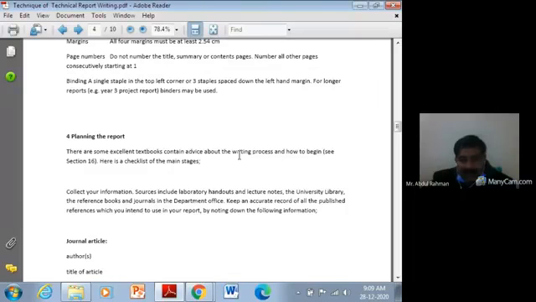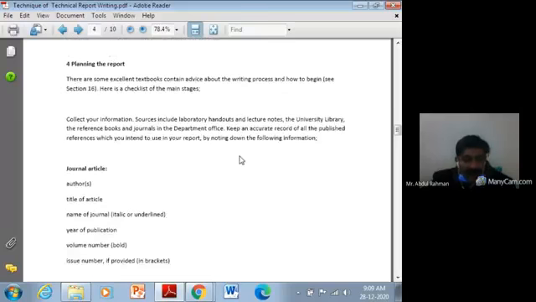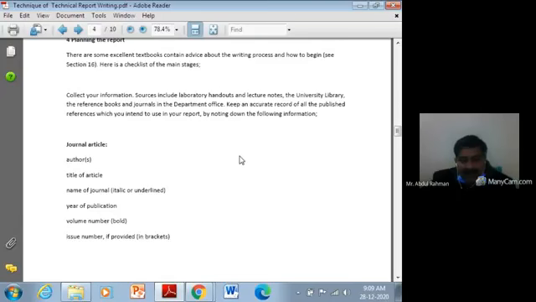Keep an accurate record of all the published references which you intend to use in your report by noting down the following information. For example, if you are using references from a journal, the information you need to note down is: author or authors' names, title of the article, name of the journal in italic or underlined, year of publication, volume number in bold, issue number if provided in brackets,